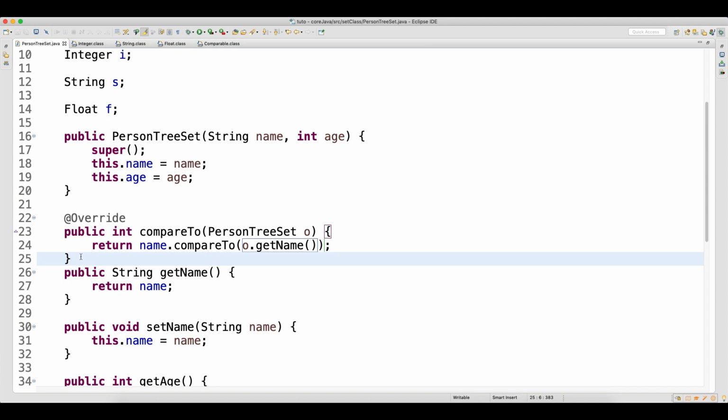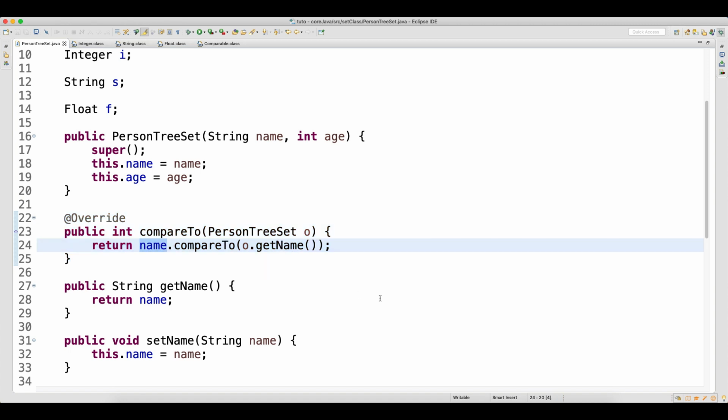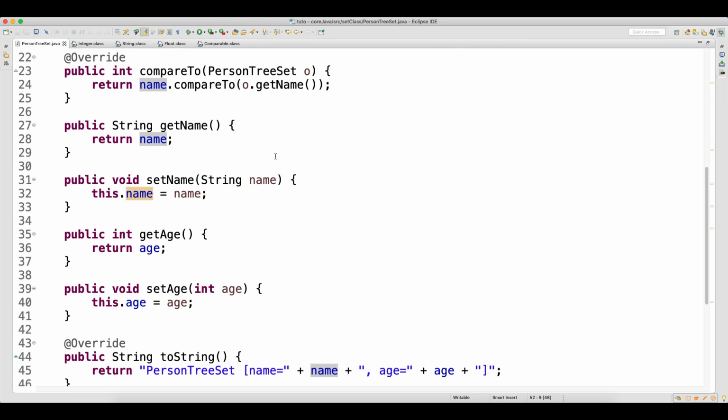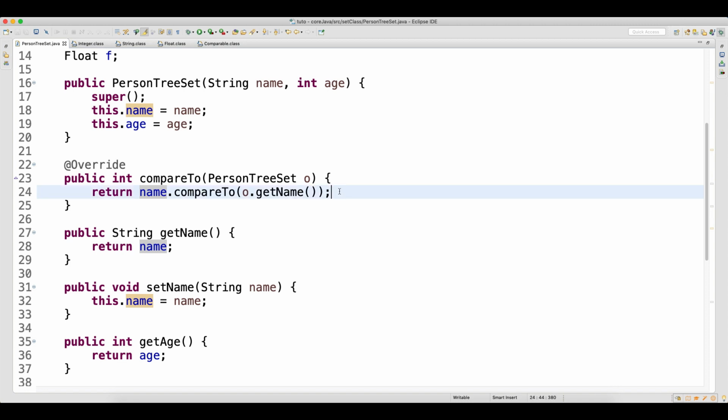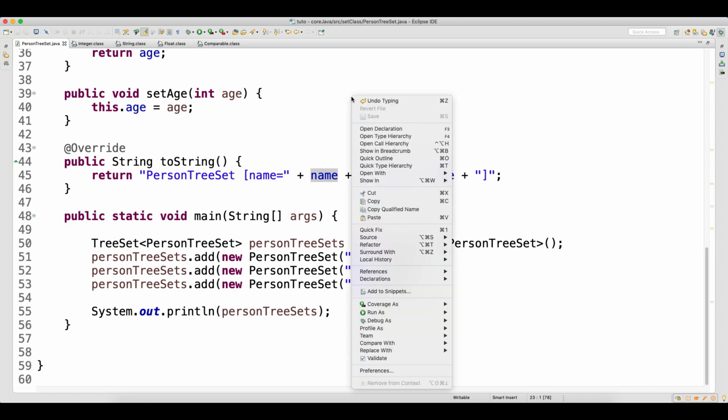Now automatically this compareTo method will get called because it is of type comparable, and you are comparing the name. Name is already present in the first object. When you add one more, it will compare with the existing one, whatever is present already and whatever you are adding, both will get compared. Now if I run this program,